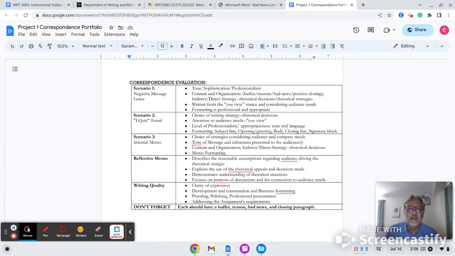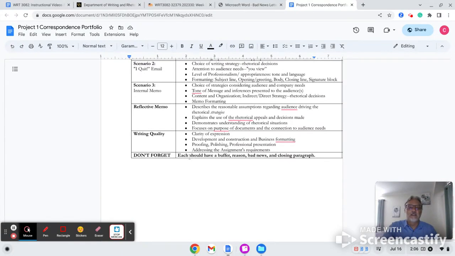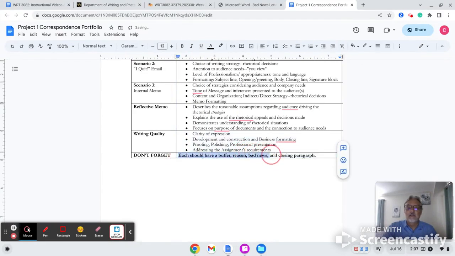And while there are a lot of things in these bullet points to think about, I think the one that is often most overlooked is, do you have all of these? Does each one have a buffer paragraph, a reason paragraph, the bad news paragraph, and a closing paragraph? There need to be four distinct things, okay?